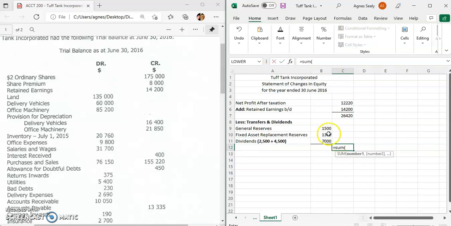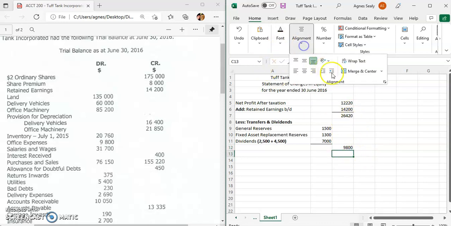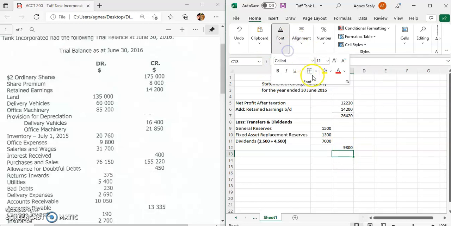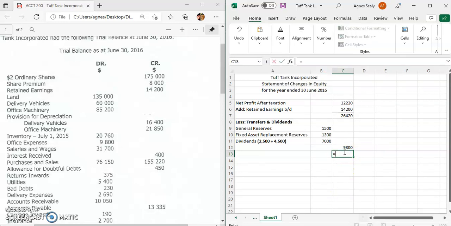We would total those, and that would give us the total amount of dividends and transfers that would have occurred, which we need to remove out of this figure here to get what our retained earnings would be to carry forward to the statement of financial position. So then that would be $26,420 minus the $9,800, and then that would give us our retained earnings